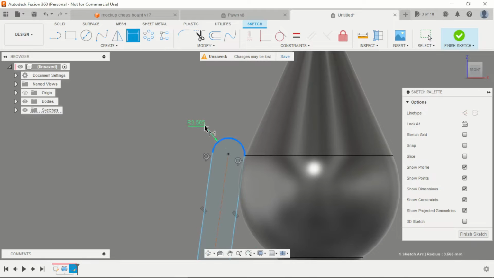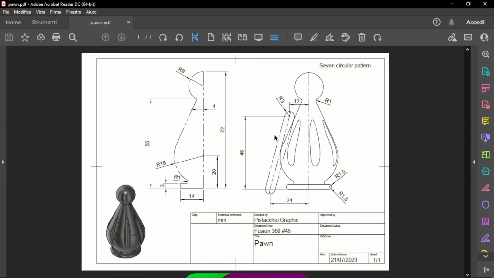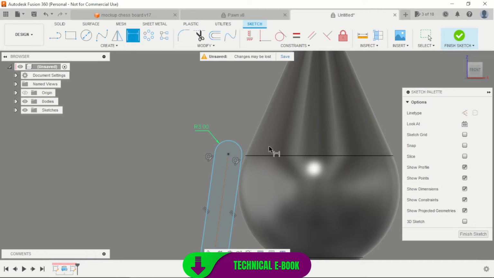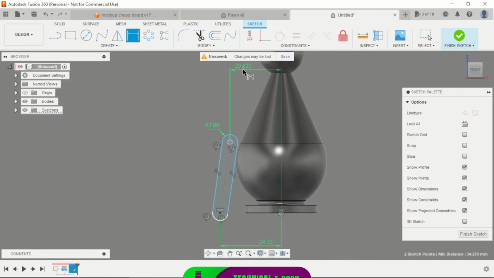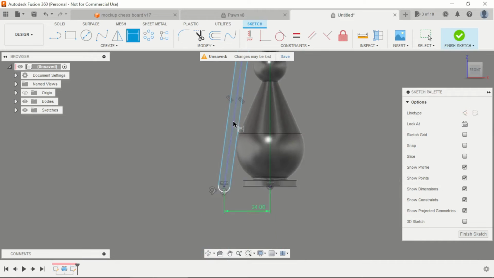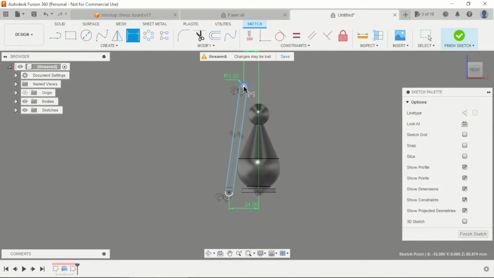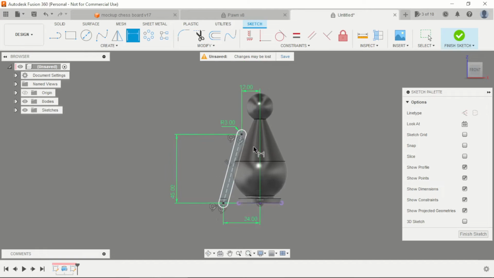The radius here is 3 millimeters. The distance in the height is 45 and the distance is 12 millimeters, here and here. 12 millimeters. The distance is 5 millimeters.